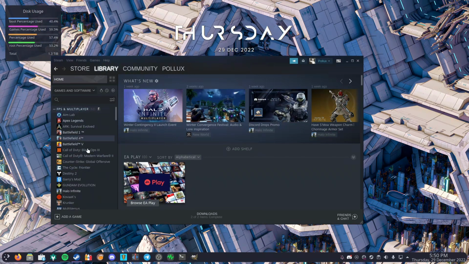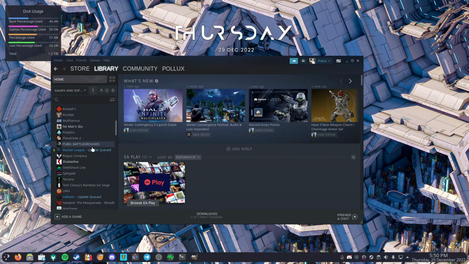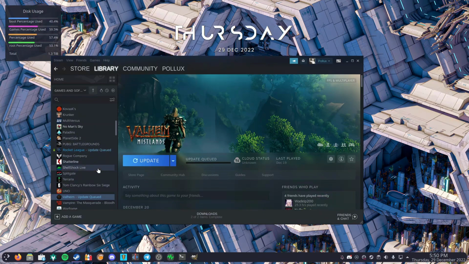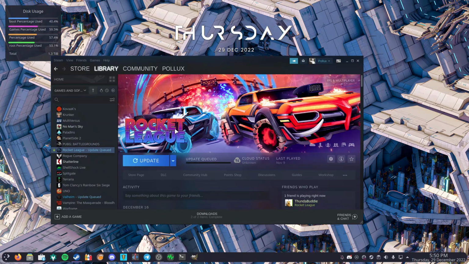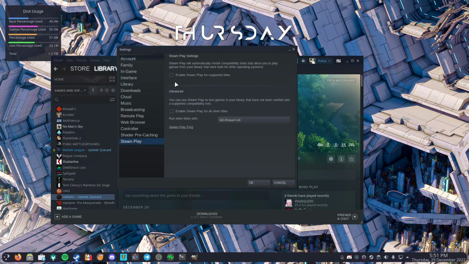I have my things categorized so it doesn't come up correctly, but for example Rocket League and Valheim have updates because it's going to install the native versions of those, which for Rocket League isn't even supported on Linux, and I don't even know why it still exists in the library anymore. It should be removed. But yeah, basically when you launch it, you want to go to settings, Steam Play, enable